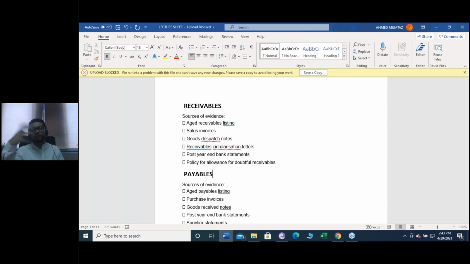Okay, another way of developing the substantive procedures. I need to ask you a question, and that is receivables. From which family does receivable belong? Options are statement of financial position, statement of profit or loss. Receivables are from the statement of financial position. Now the question is, what assertions do we have regarding the statement of financial position? And the assertions are E, V, C, R.